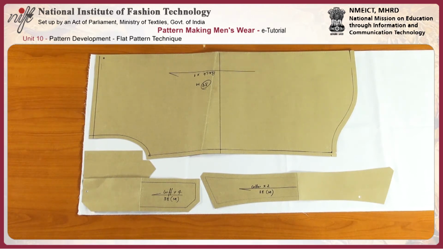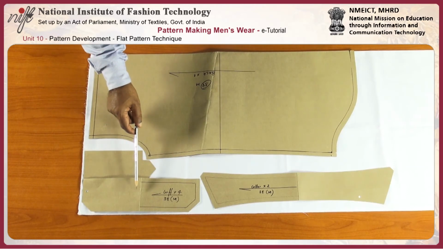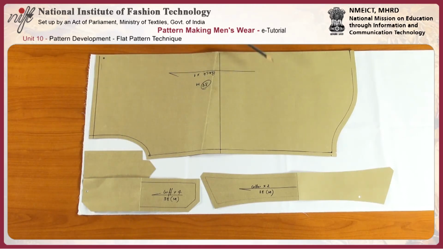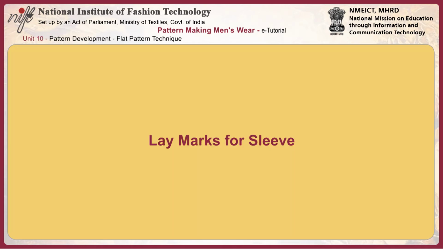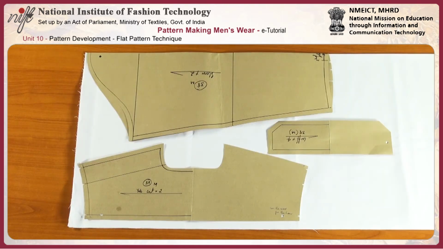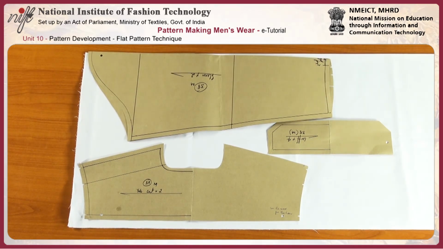So, we can place back, pair of cuff, pair of sleeve placket and pair of collar like this. Next, a sleeve,